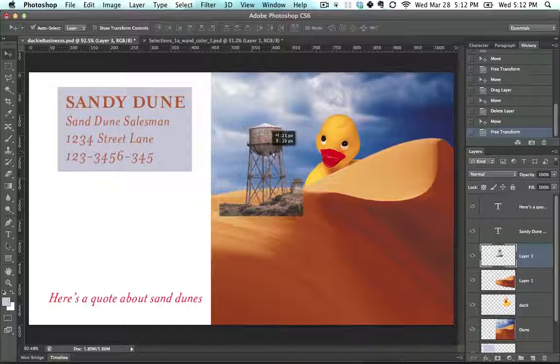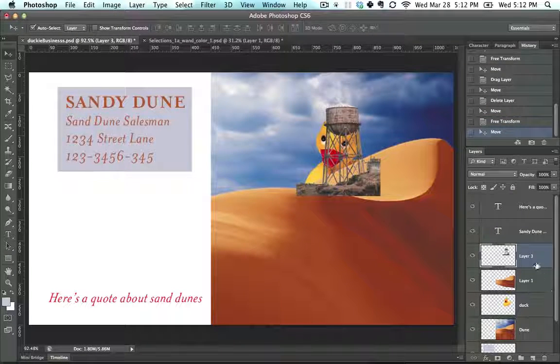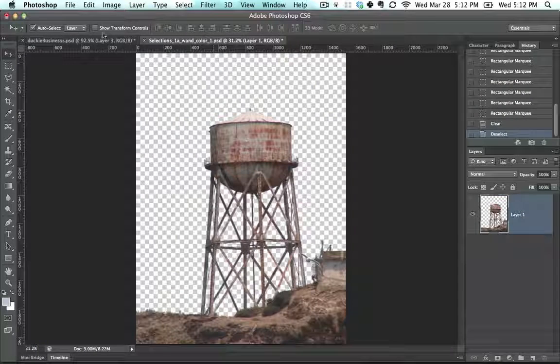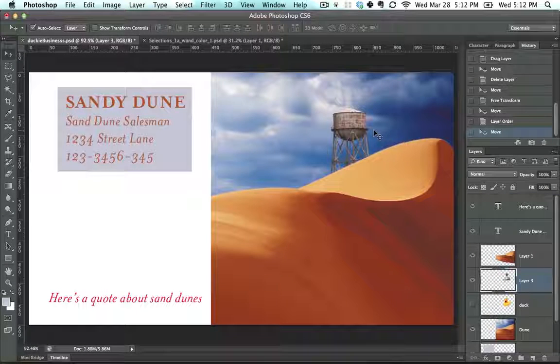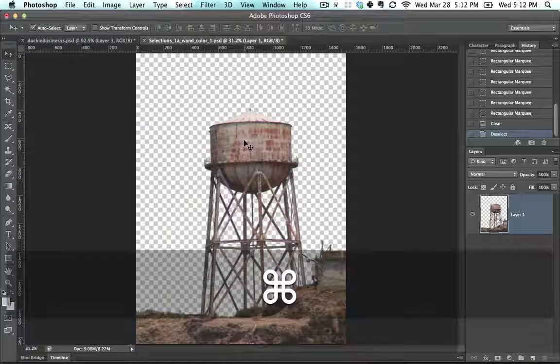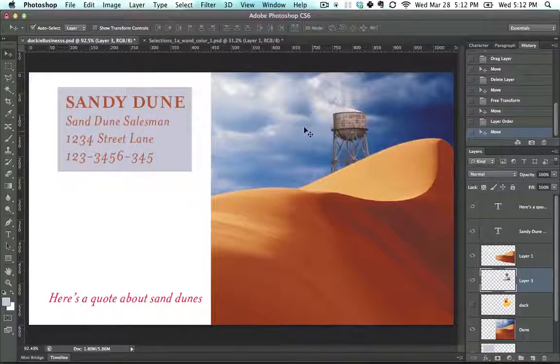And let's actually put it behind the sand dune. Let's turn off the ducky. And there we go. Now we've got a sand dune going in this image. And, you know, we spent a lot of time, that looks decent. I'm pretty happy with that. And we spent a lot of time working with this. Let me show you one more thing that we could do other than adding it into the world's worst